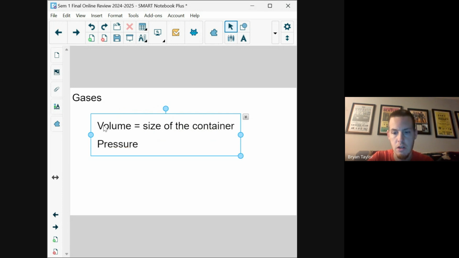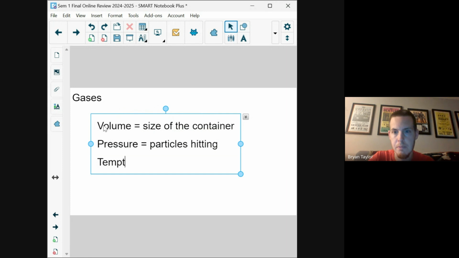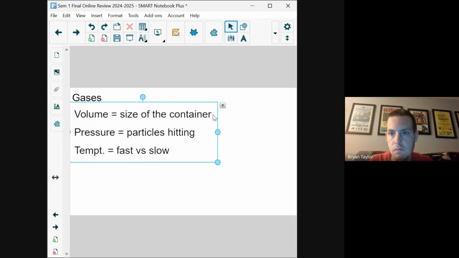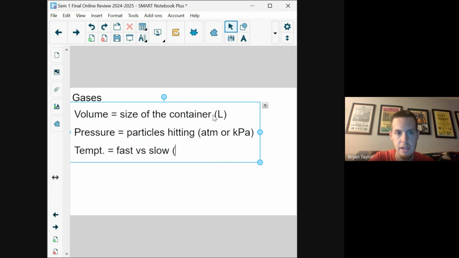Pressure, particles hitting. We got temp, fast versus slow. This is liters. This is ATM or kPa, which I know it's been a while since you've seen this. I don't blame you. This is going to be Kelvin,